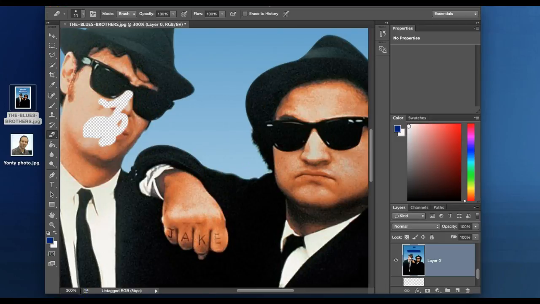So I'm gonna make it much bigger so I can see exactly what I'm doing. And I'm leaving a little bit part here, and I'm gonna put my face underneath so that it will be my face and not Dan Aykroyd's face playing Elwood Blues in the movie. So I can also here,